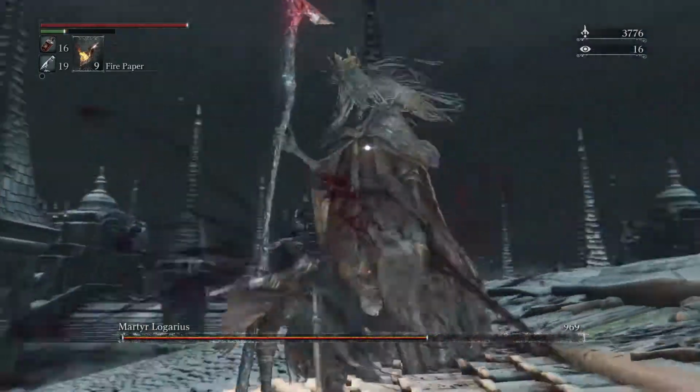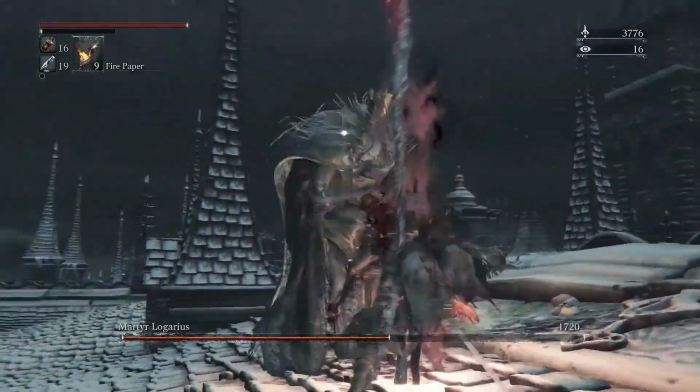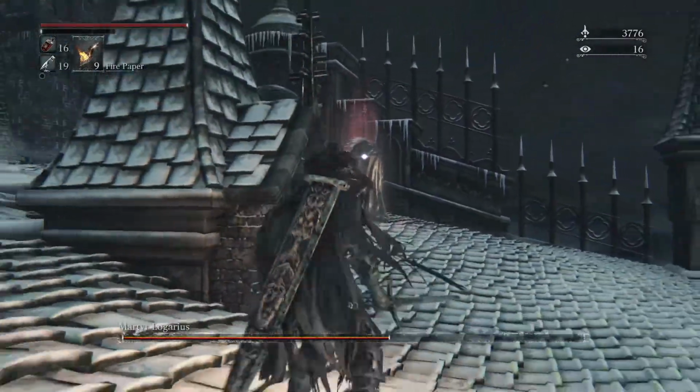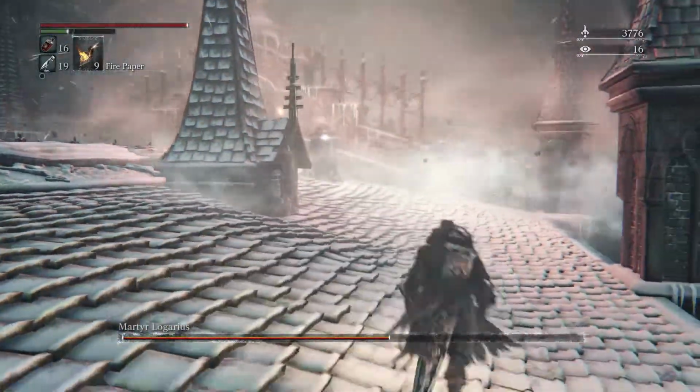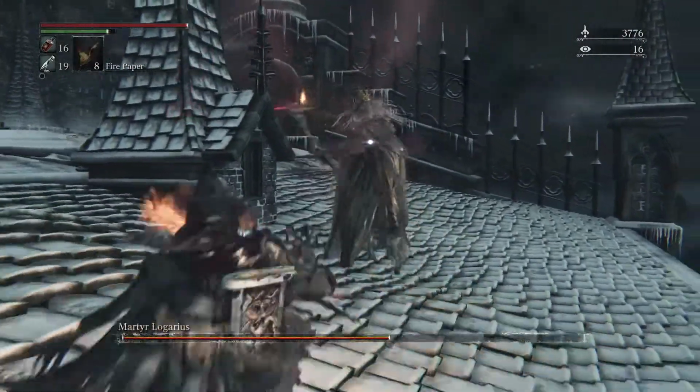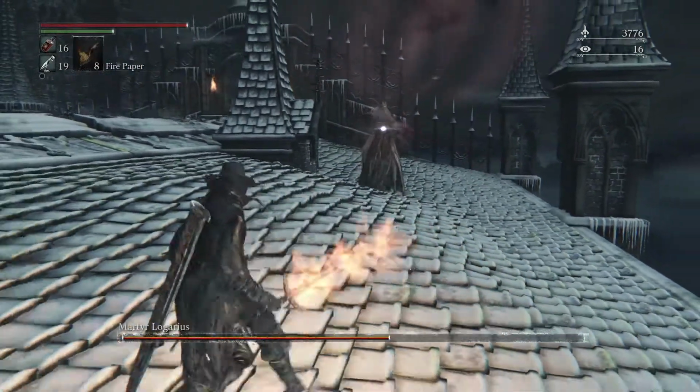Maybe not. He's just letting me hit him. Oh gosh, that's probably going to be an AoE. That does a lot of damage. Need to back away. Whenever he does that, yeah, look at that. You do not want to be near him when he does that. So kind of when he stabs his stake into the ground and just kind of sits there, that's your cue